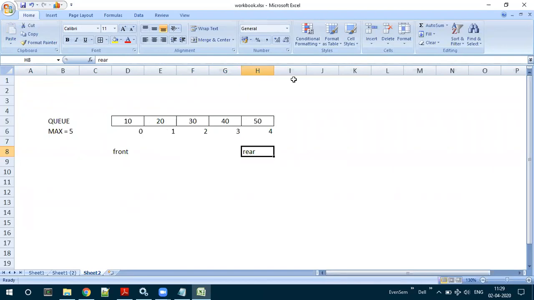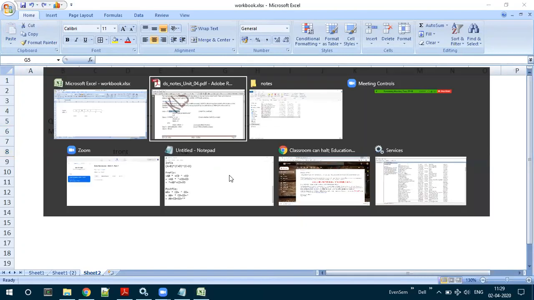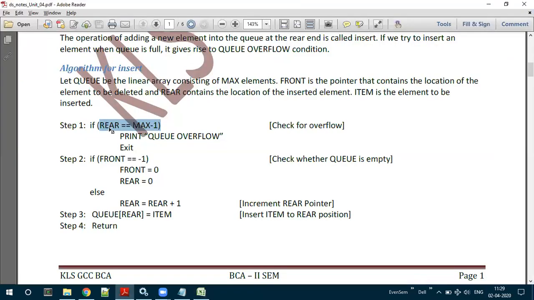No, sir. No, it is not possible to insert the new element. So let us remove those particular elements here. That is what the first step is. If this condition is true, print the queue overflow message and exit from the insert operation.